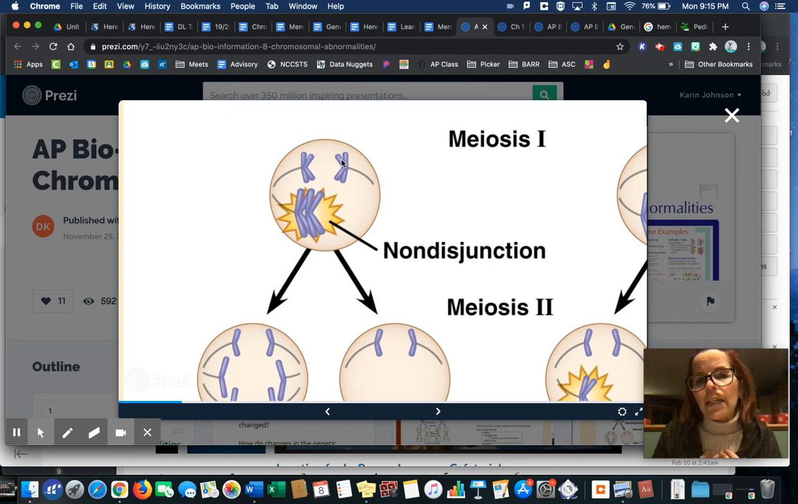So if it were happening in a human being, 23 would go to the left and 23 would go to the right. In this cell, there's just 4 chromosomes. So 2 bivalent are supposed to go to the left and 2 bivalent are supposed to go to the right. But instead, 2 of them stay stuck together. So we actually end up with 3 bivalent chromosomes going to the left and only 1 bivalent chromosome going to the right. Then as we go through into meiosis 2,